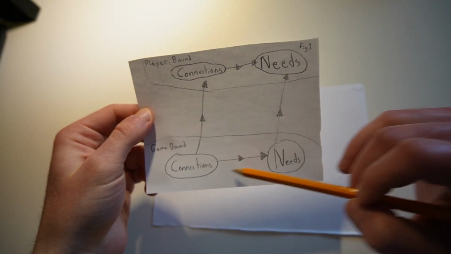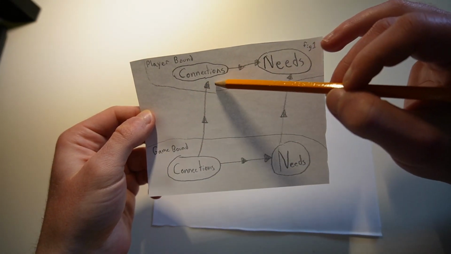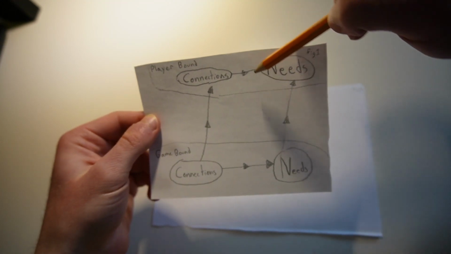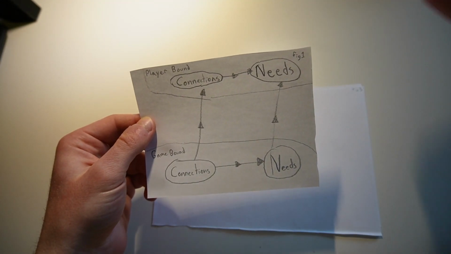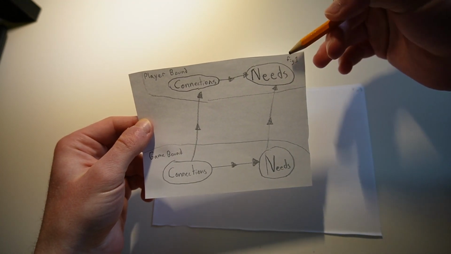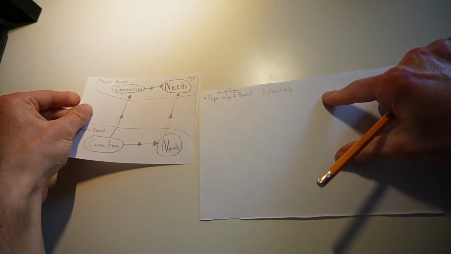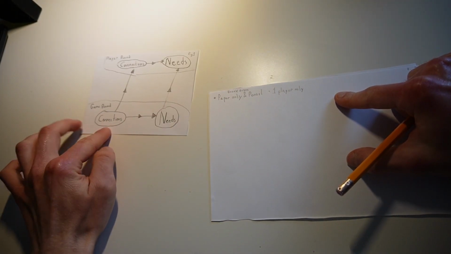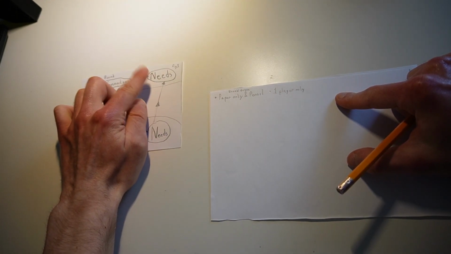game-bound connections, sort of like the internal mechanics of the game, lead to player connections and player needs. The player needs is where the real experience will get. What does the player need to understand from this game? Need to understand to experience the game. So I'm just going to put that here. Just remembering that the game-bound mechanics and what the mechanics need will lead to what the player needs to understand